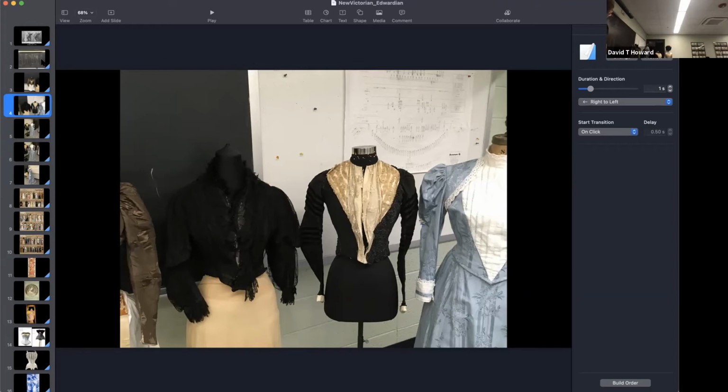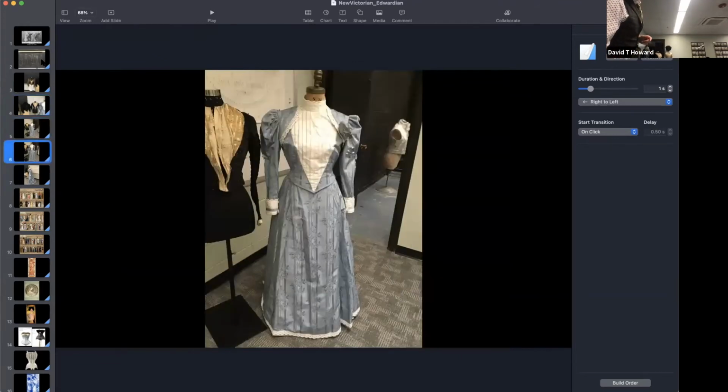And eventually we get to the point by the 1900s that we're really trying to create this S curve where our bodies feel like they're rounded in the front and rounded in the back. And then finally, by the time we get to 1900 and into the teens, we felt our waist move up, up, up, up. And now we're left with gowns that have a much more empire line. We're going to see variations of that as we look through the slides. But ultimately, the idea of